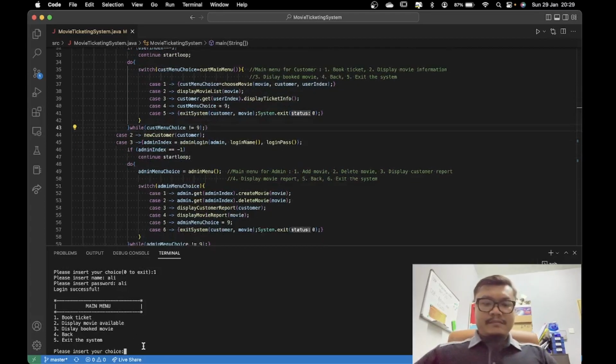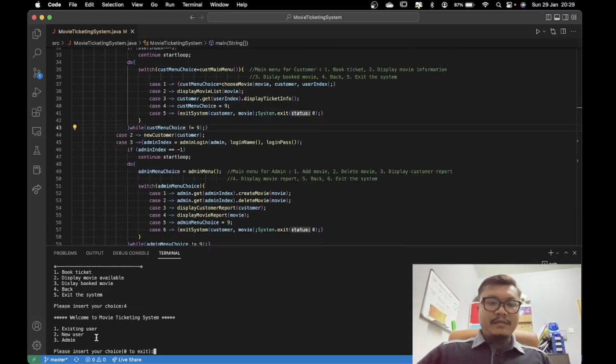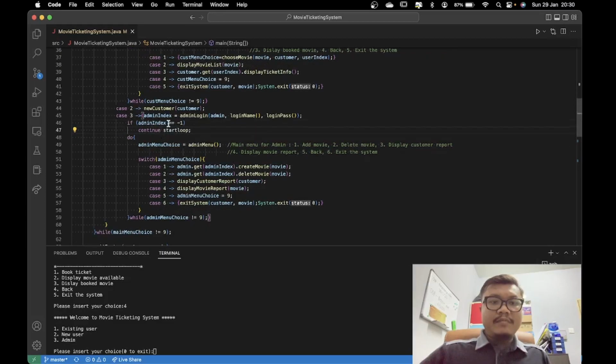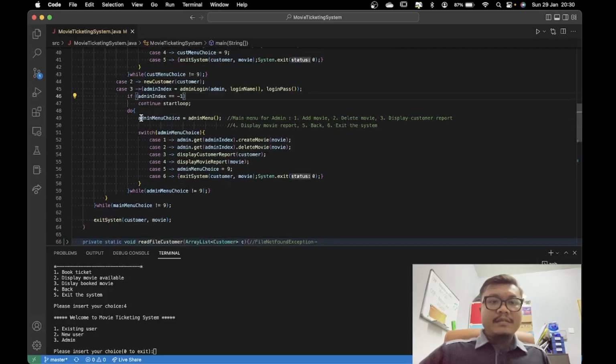So back to the previous menu, which is the main menu, the first menu. If the customer chooses 2, meaning new customer, the system will immediately run the new customer function, which will create a new customer in the system. And if 3, they will do the same as the customer menu, admin login. If equal to -1, they will start the loop, meaning that the admin does not exist, same as the customer above. After, if the admin exists,